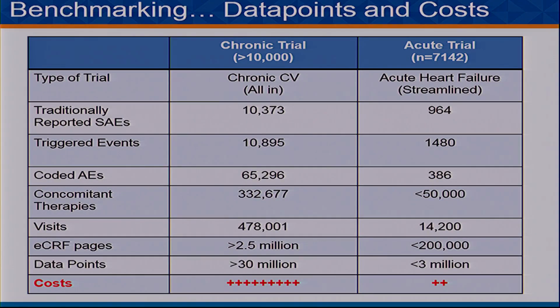And at the end of the day, you start thinking about benchmarking. What's all the effort that takes place for this? And so this is just an example of two types of trials, different indications, but you can see that in a more traditional trial where it's really early in the life cycle, you wind up having to collect a ton of data, and then that translates into a ton of costs. Whereas another study that's later in the life cycle, but still aiming to have an indication, you can be more streamlined in the protocol as well as the data collection, and that translates into lower cost.